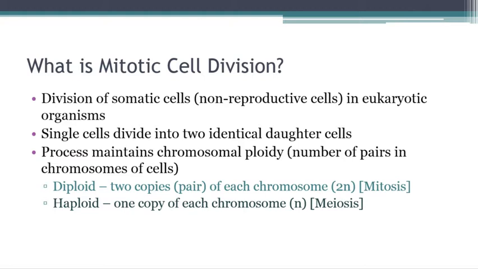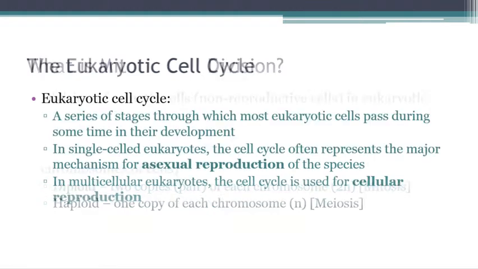So in humans, there are going to be 23. N is equal to 23, right? In other things, it's going to be other numbers. All of the rest of your cells besides egg and sperm are diploid, remember? And so they have 2 copies, a pair, of each set of chromosomes, or of each chromosome, and so their number is 2n. So a diploid cell has 46, 2 times 23, okay? And that is going to be maintained in mitosis. And again, we'll talk about meiosis later on.